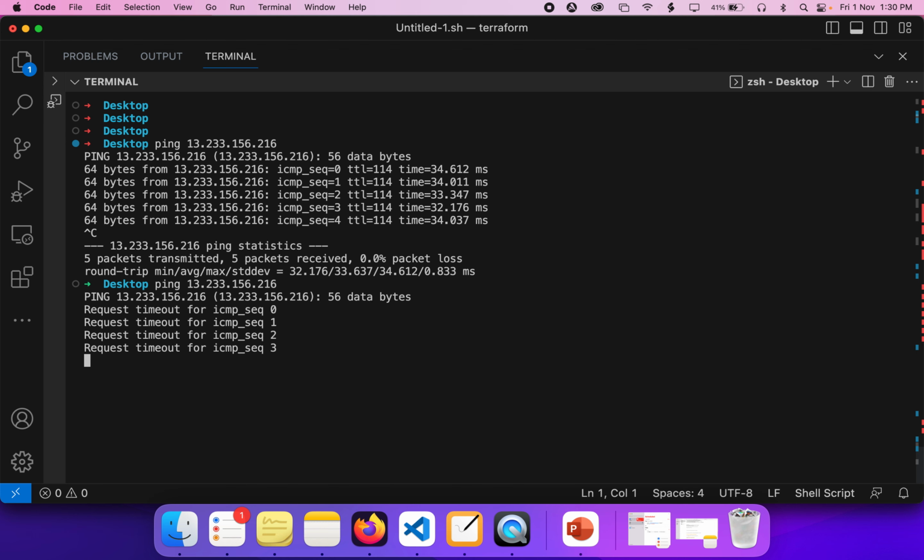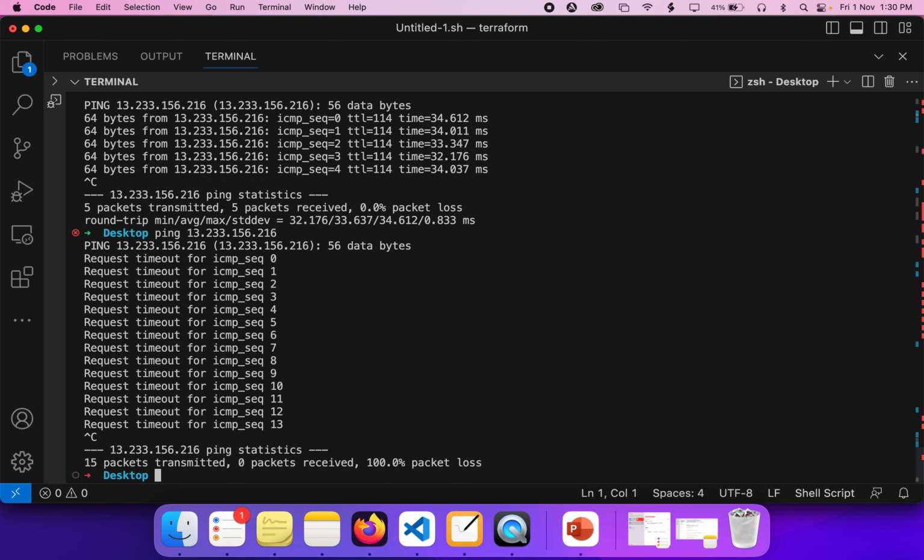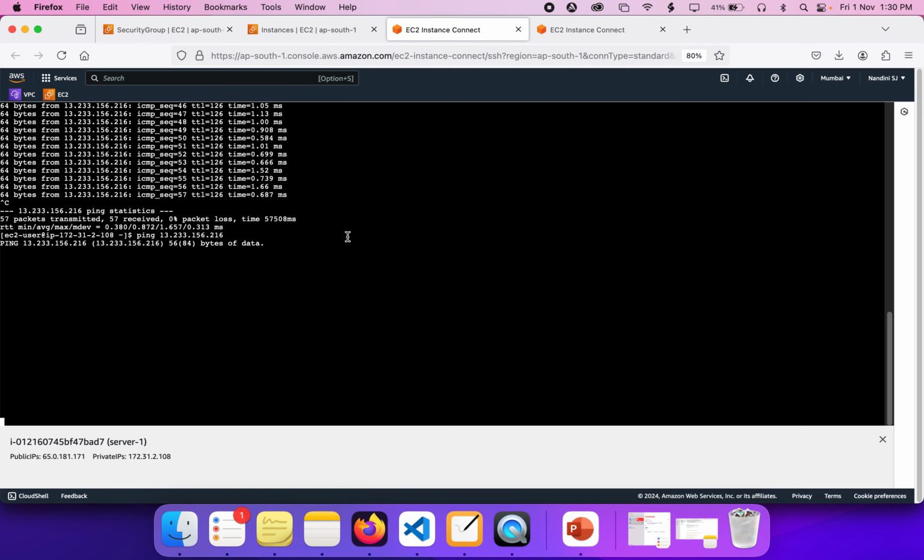So this is really one more added security layer for your instance, because anybody can come and change some of the ports in your security group, but you have to make sure who should be able to access this machine from anywhere. Now if you go back to this machine,